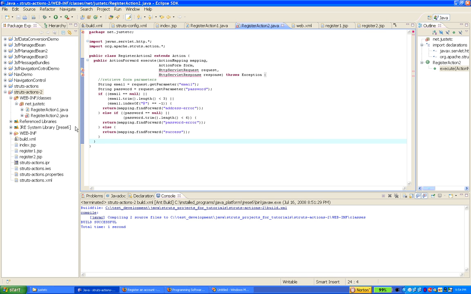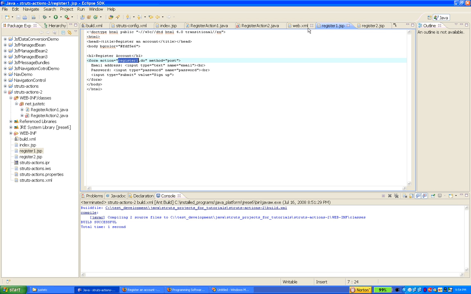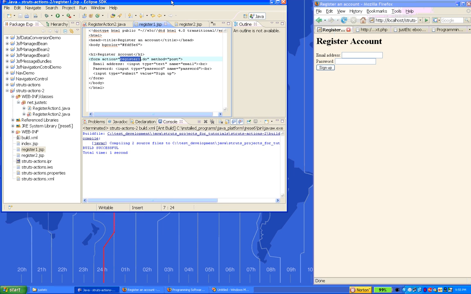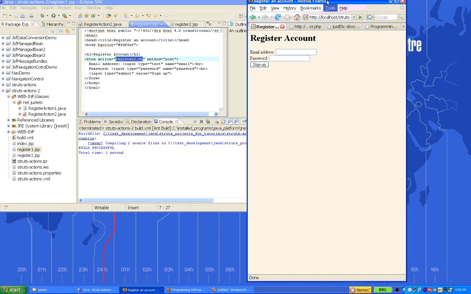This is the source code, our register 1. So from the form, we refer to register 1.do, and